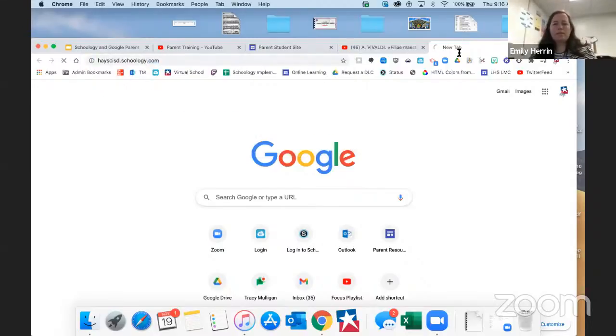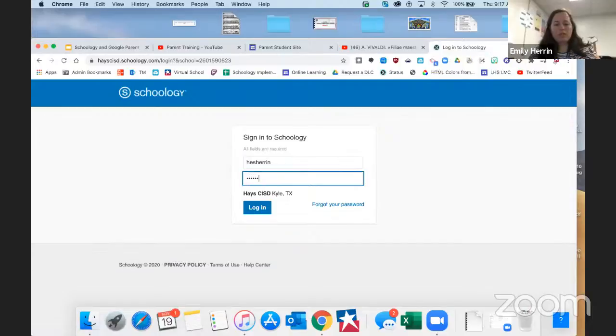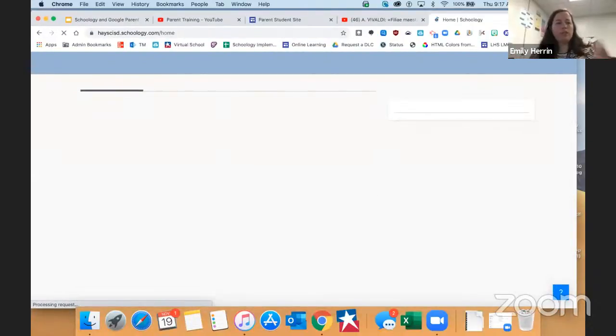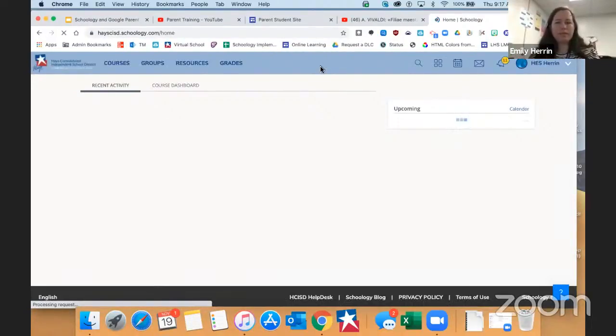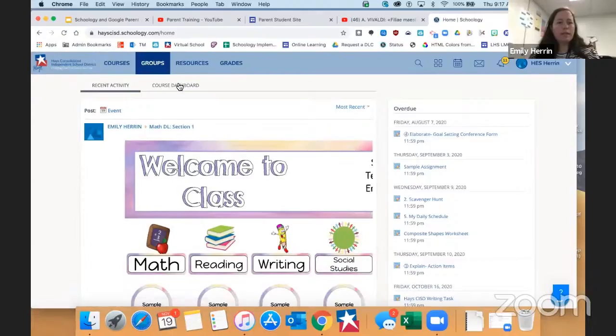And as we have students transitioning between home and school, some teachers are changing. And so in this situation, as teachers are arranging their rosters, and that's being fixed, students will have a bunch of courses show up on their dashboard. So one of the things they can do when you click on your course dashboard